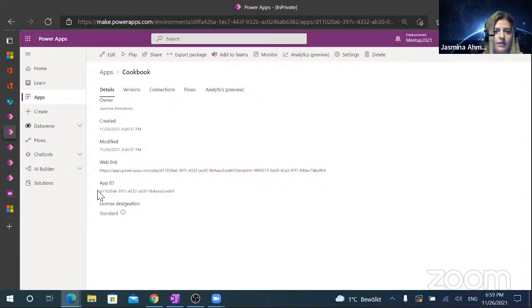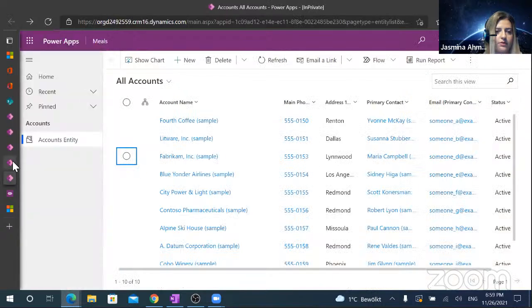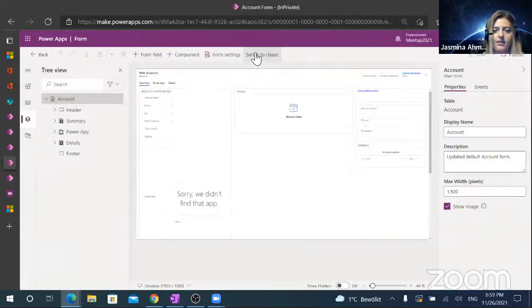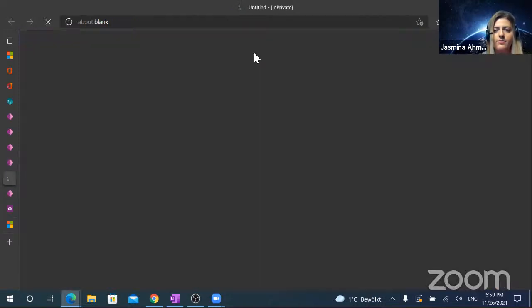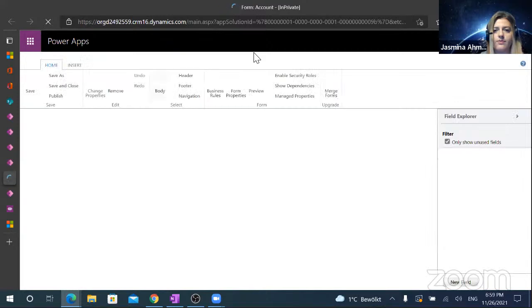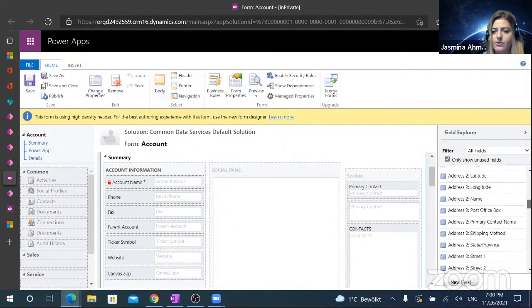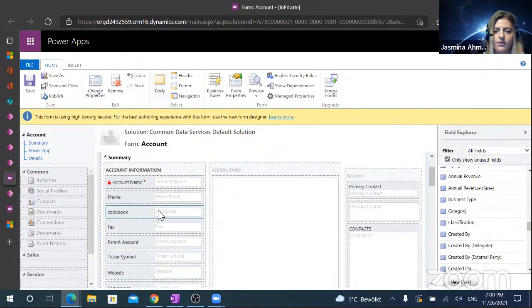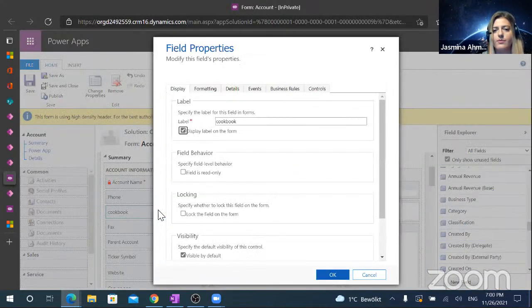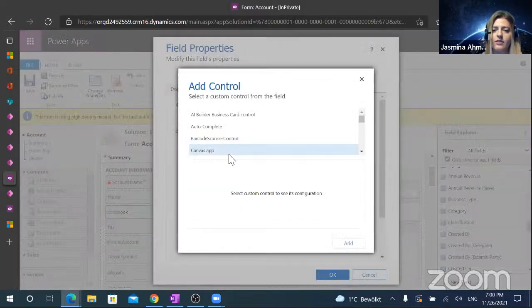Okay, and we need this too. Okay, switch to classic. Okay, we need to place our field, which is called cookbook. I'm going to just place it here, and then we can have a control, add a control, Canvas app,